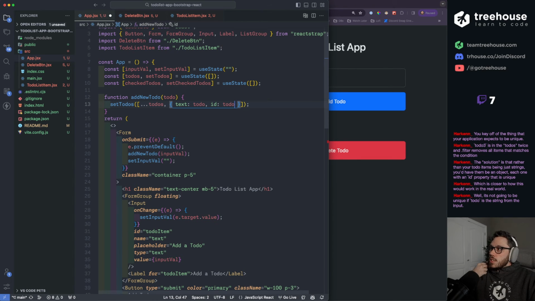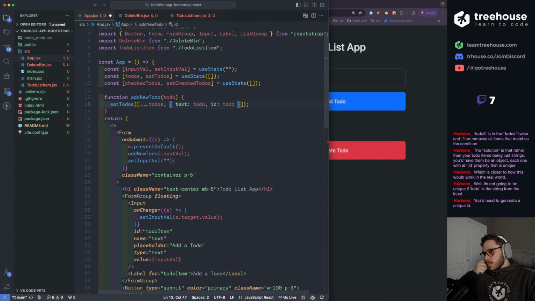Well, it's not going to be unique if to-do is the string from the input. True, because I could just write the same to-do twice. You need to generate a unique ID. How would I generate a unique ID?